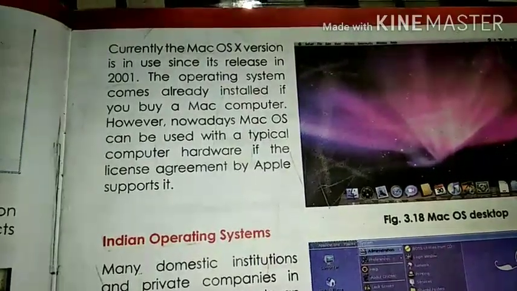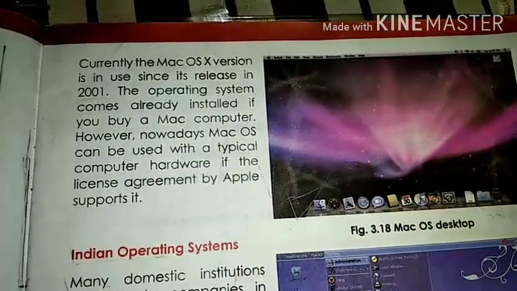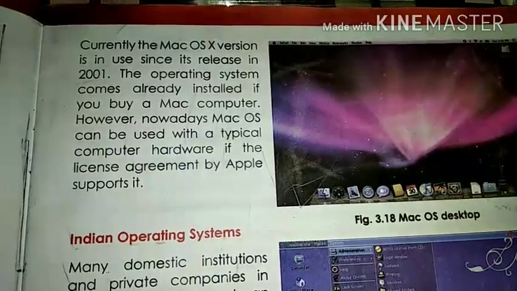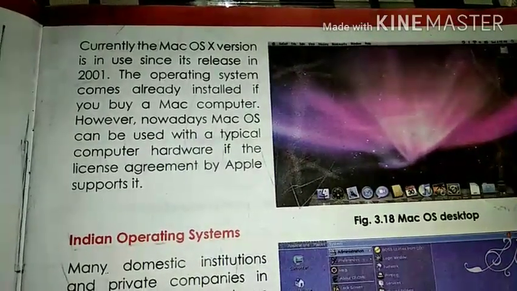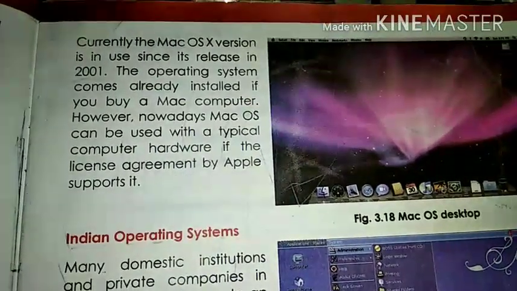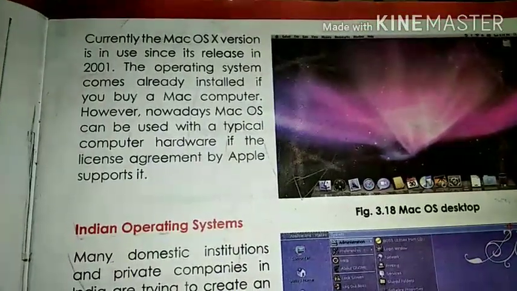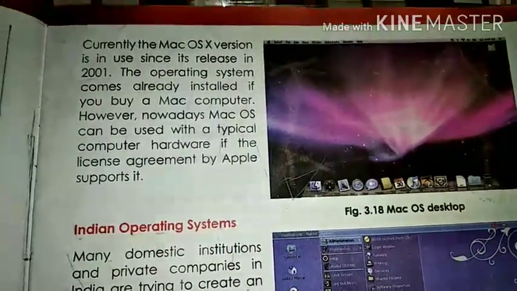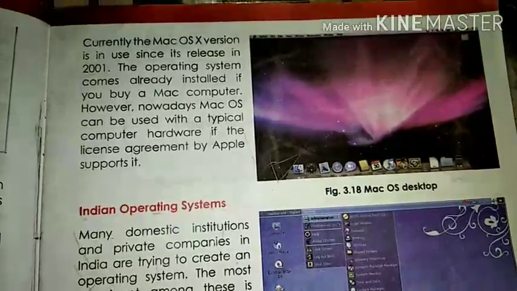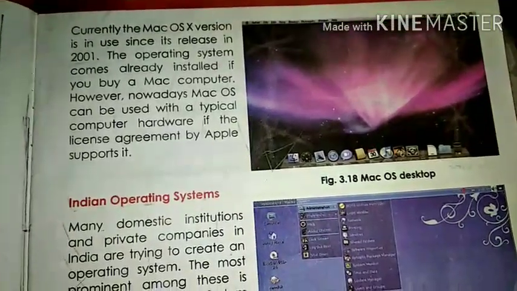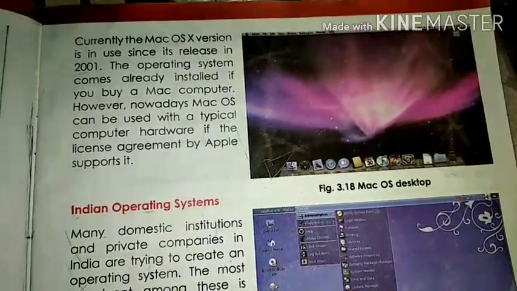The operating system comes already installed if you buy a Mac computer. However, nowadays Mac OS can be used on typical computer hardware if the license agreement by Apple supports it. So again, this Mac OS was created by the Apple company.